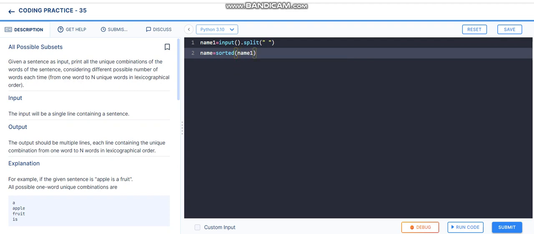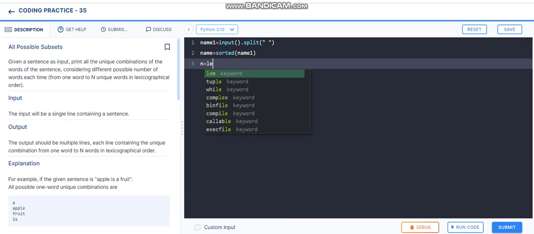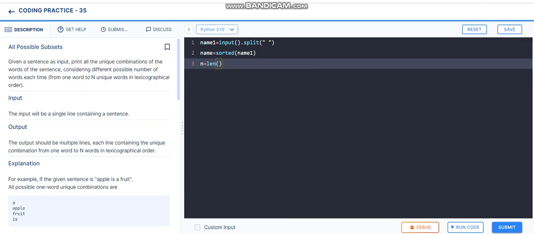Actually the output is in alphabetical order, right? So we are using the sorted function here. And n is equal to length of name,